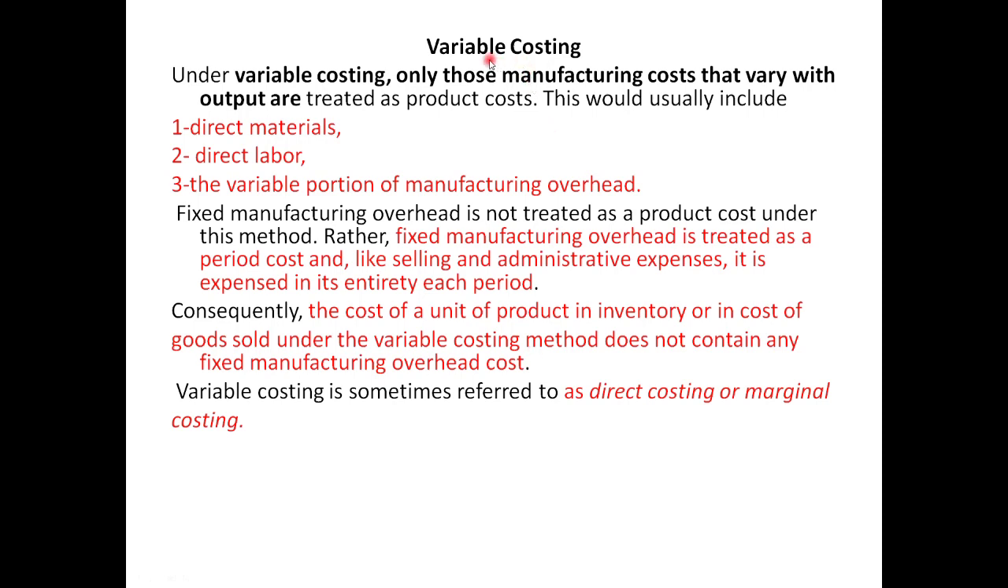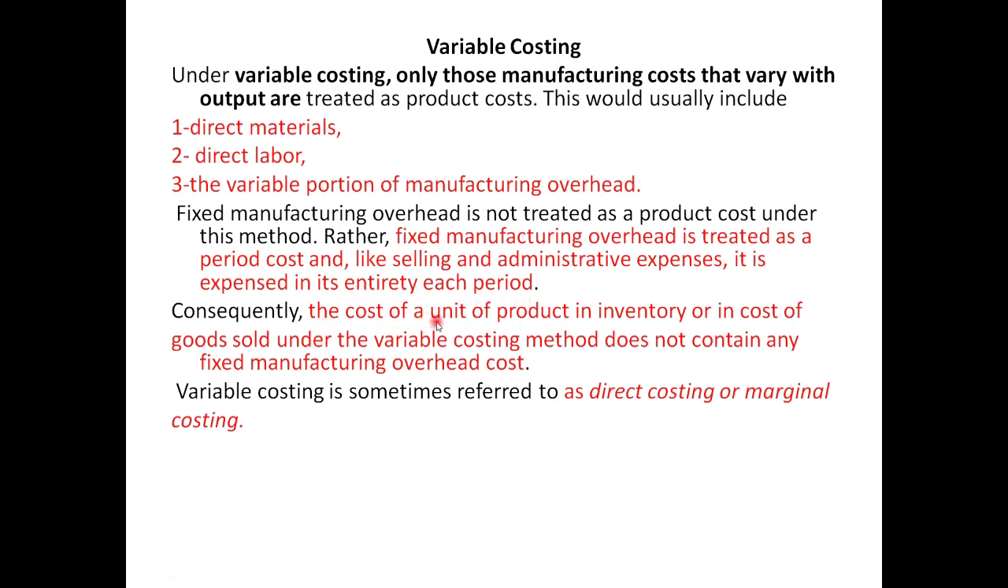Variable costing is required internally. Under variable costing, only those manufacturing costs that vary with output are treated as product costs, or variable manufacturing costs: direct material, direct labor, and the variable portion of manufacturing overhead only. Fixed manufacturing overhead is treated as a period cost, and like selling and administrative expenses, it is expensed in its entirety